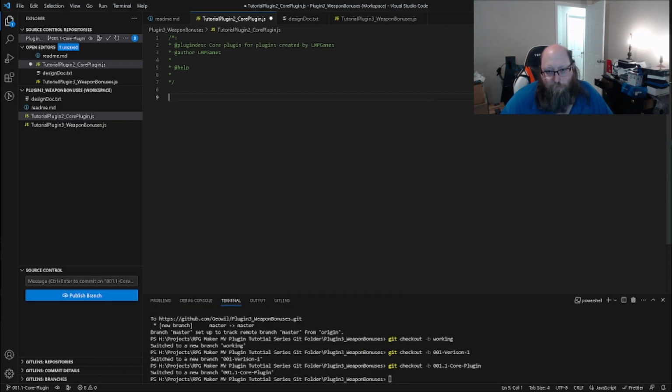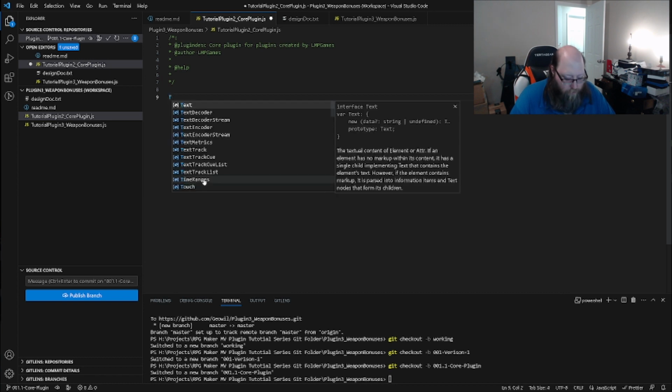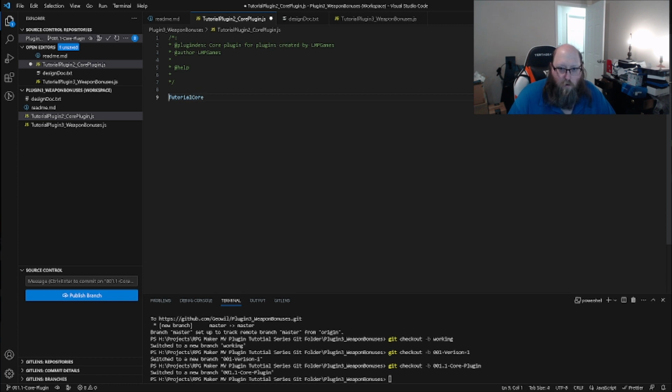First things first, we have to define the name of the core plugin, the variable name that will store everything for the plugin. In this case, we're just going to say tutorial core. That'll be a var equals an object. And then we want to have a couple things. We want to have params. So var